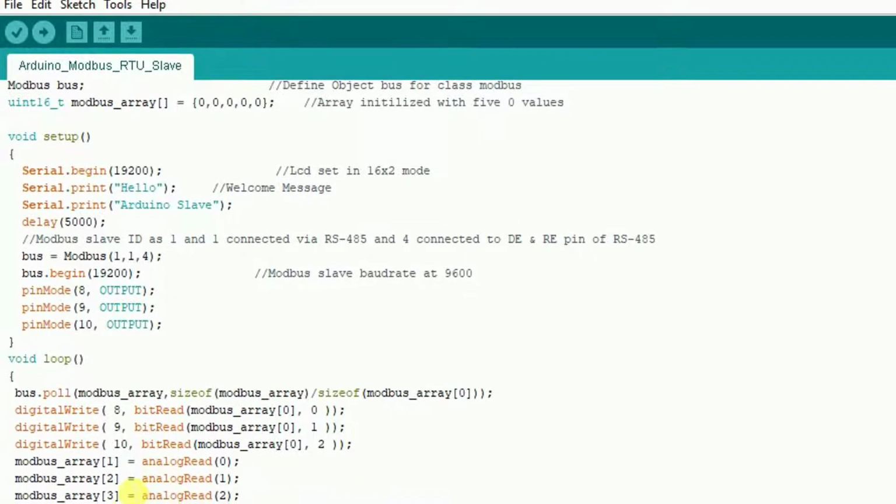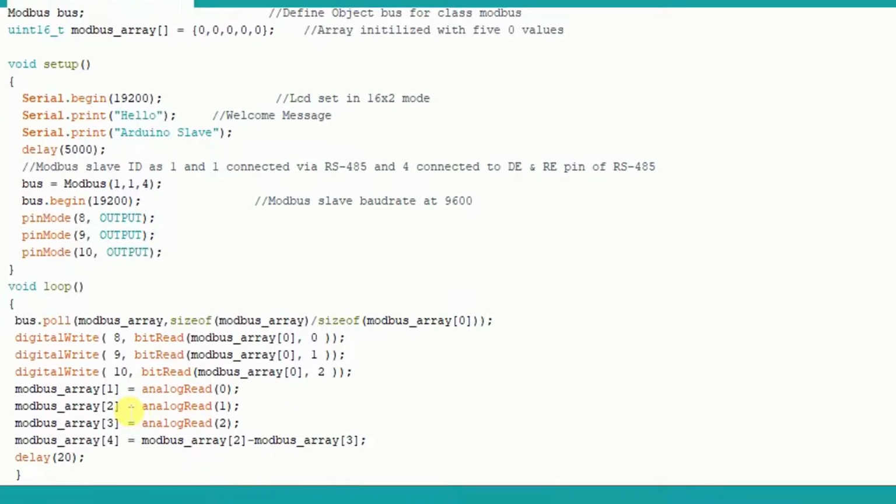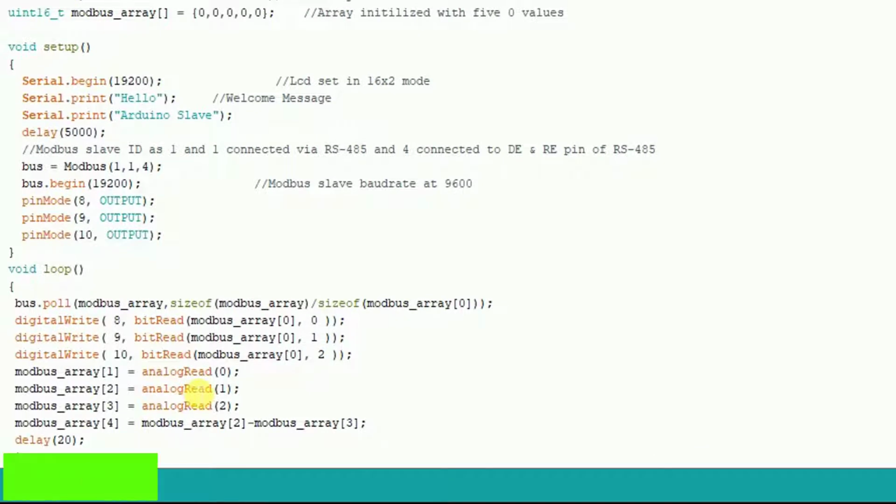To transfer voltage and current sensor values of Arduino to the SCADA interface, first we have to store these values to the Modbus memories. Here, Modbus register array 1 is used to store integer values found from the Arduino analog input connected with the voltage sensor. Arrays 2 and 3 are used to store integer values found from the Arduino analog inputs connected with the 2 terminals of the 0.2 ohm resistor. Array 4 is used to store integer values found from the difference of these 2 values for arrays 2 and 3. When you have finished your Arduino coding with successful compilation, just upload this sketch to Arduino.